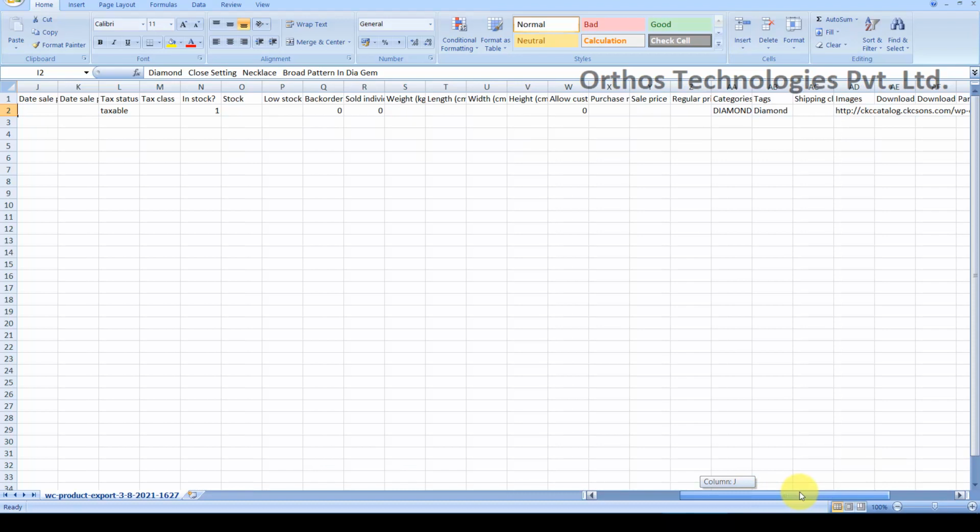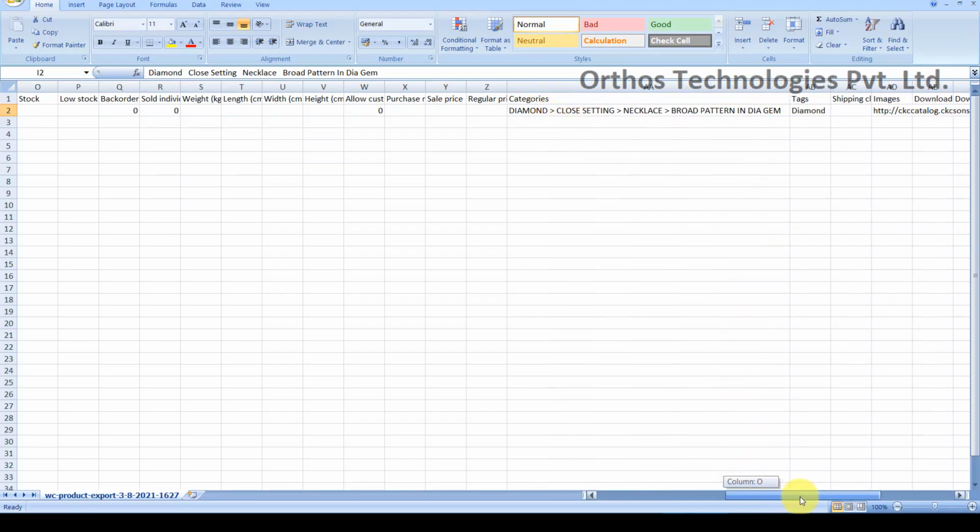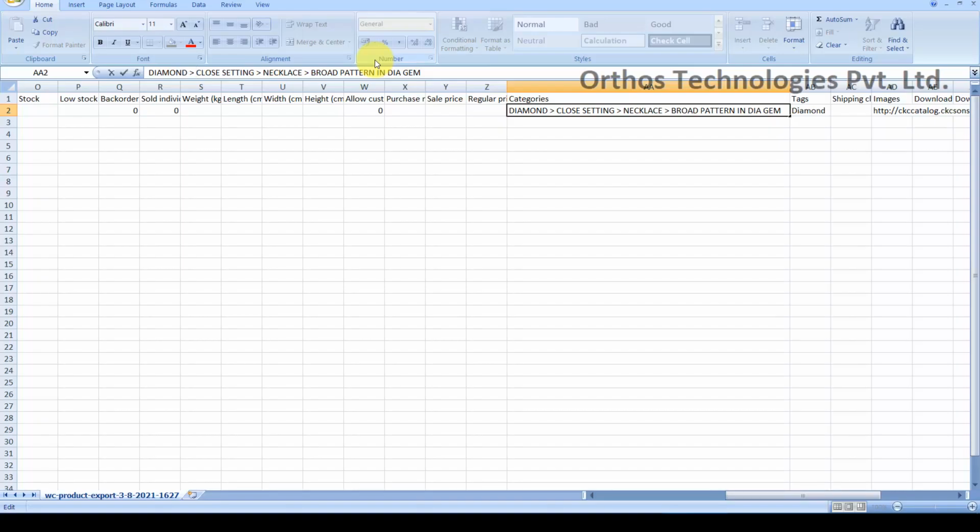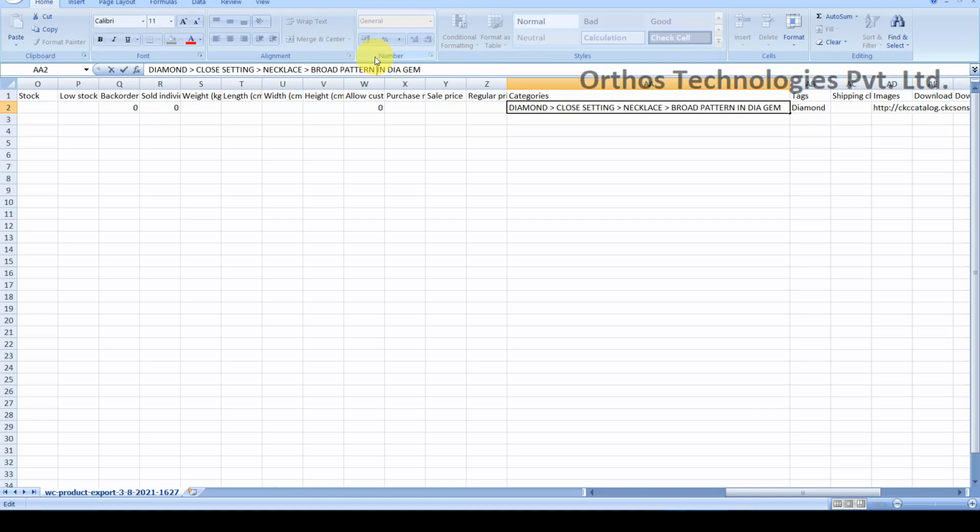So then come towards the right side. Here there is a category, so you have to specify the category here. What happens is you have to type the base category name, space, then this greater than sign, again space, and then the subcategory 1 name, space, same thing, greater than sign, space, and then the remaining categories.